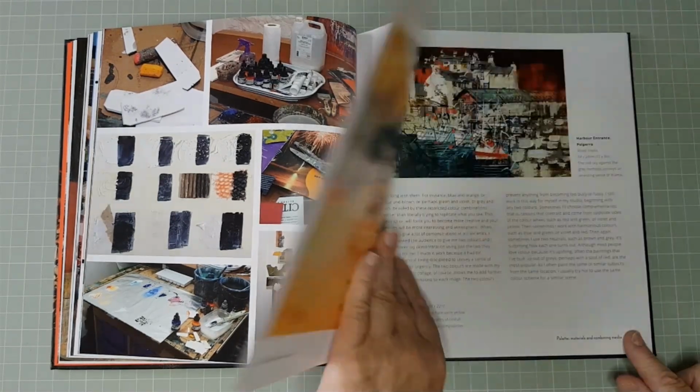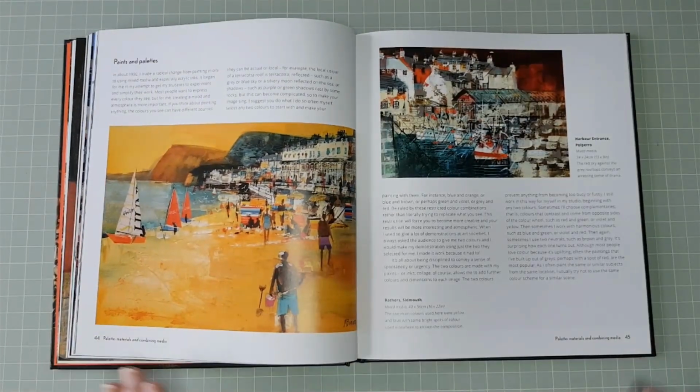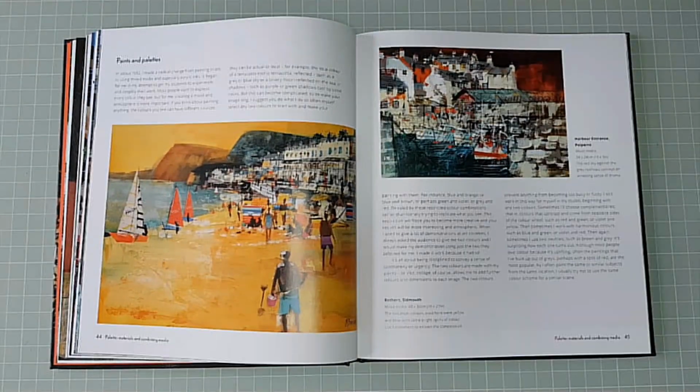It was around 1992 when Mike made a radical change from painting in oils to using mixed media. So instead of trying to paint every colour that he could see, creating mood and atmosphere was more important. Mike usually selects just two colours to start with. In Bathers at Sidmouth, the two main colours here were yellow and blue, with some bright spots of colour elsewhere